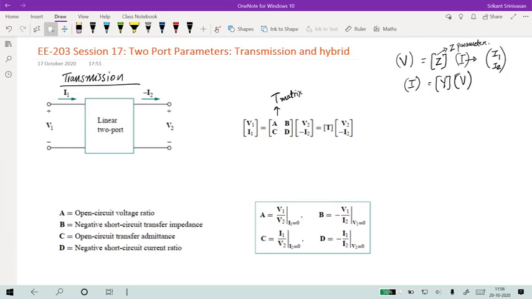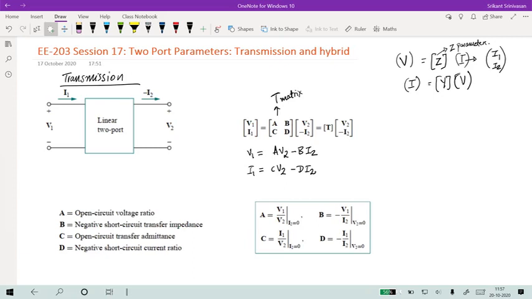So the value A, the equation for this would be what? If I had to write it down, I would write V1 is equal to AV2 minus BI2, and I1 is CV2 minus DI2. Those are the actual equations. And note that the values of A, B, C, D are all positive. The minus sign over here is being absorbed by the minus I2, because we said I2 is the current flowing out. So A, B, C, D are still all positive numbers.